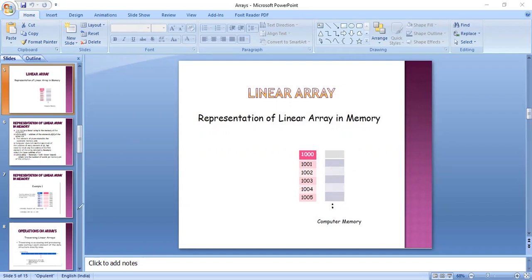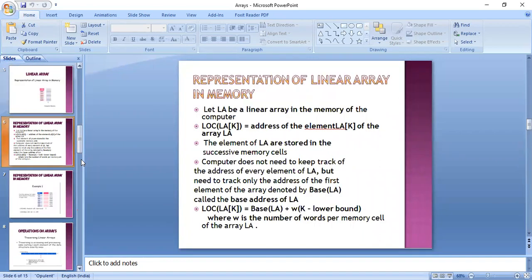So moving ahead, when we are talking about representation of a linear array in memory, we have linear array LA in the memory of the computer, and we have location, LOC is for location.